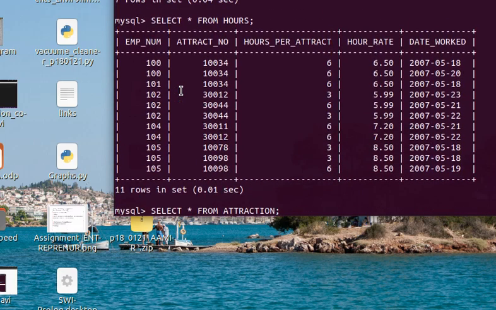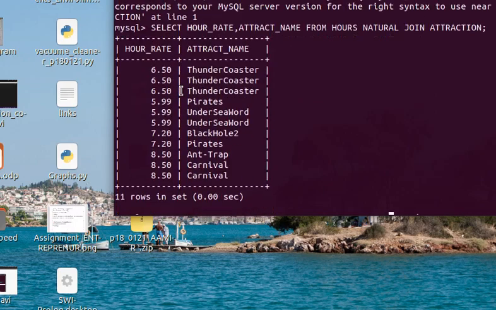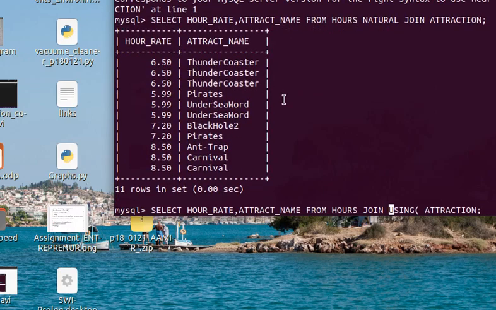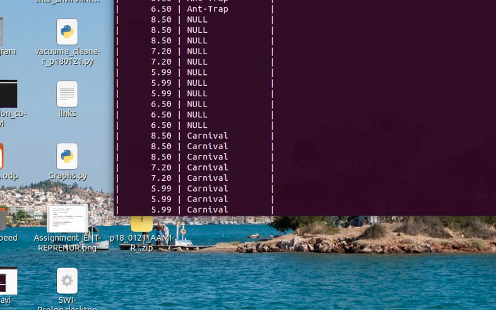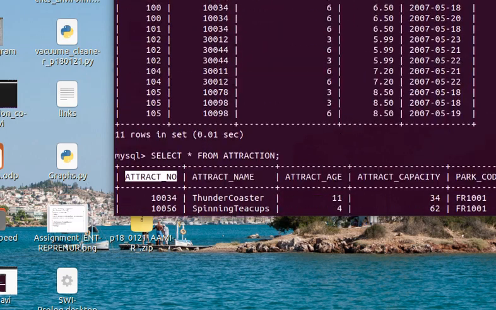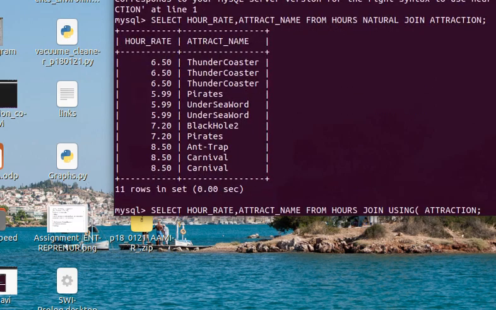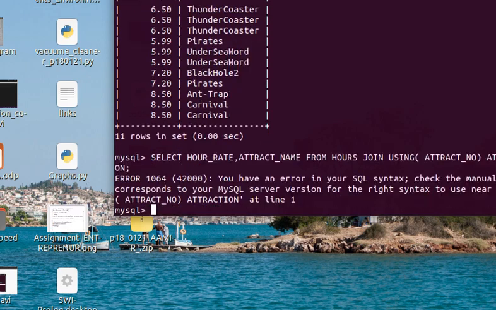So I will join these two tables on it. So before join using attract, where is here attract number? Yes, attract NO. So attract NO, natural join attract number with attraction, I think. Yes, using.